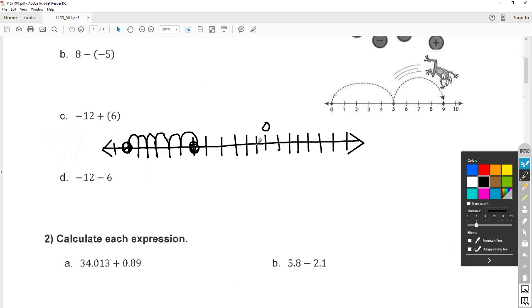So I just need to count. This is negative 1, negative 2, negative 3, negative 4, negative 5, and negative 6. So that's another way you can get your answer. Okay, and then D,